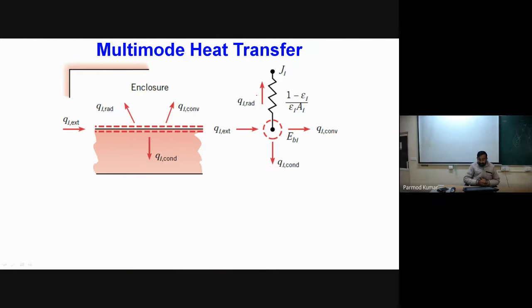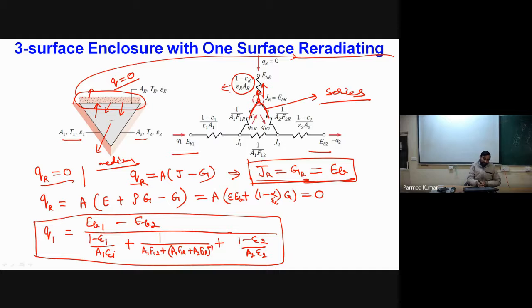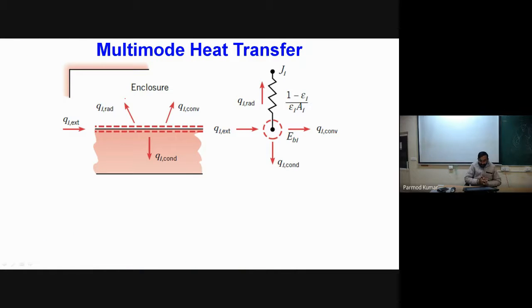Now, after this, because we have talked about radiative heat transfer, and while we discussed the radiation, we assumed that other modes of heat transfer are actually not taken into account. But in actual practice, for a real practical scenario, if we have some air in the surroundings of this enclosure, we will have some convective heat transfer also. We may have some conduction heat transfer also associated. So to highlight that, we have this depiction of multi-mode heat transfer.